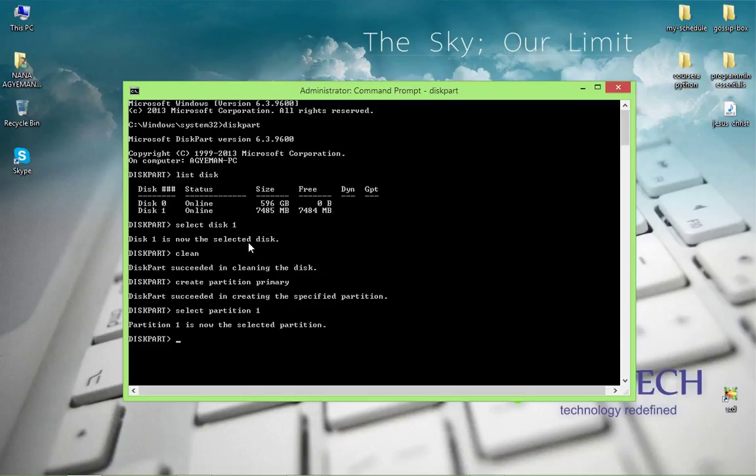Now we have to make that partition active by entering active. Now the next step is we are ready to format our disk drive. So we do that by entering format. Then you enter the file system. You can choose FAT32, but I normally go with NTFS. Alright, and then you can give it a label or a name. You can give the name to the disk drive using the label parameter. Label equals, let's say,